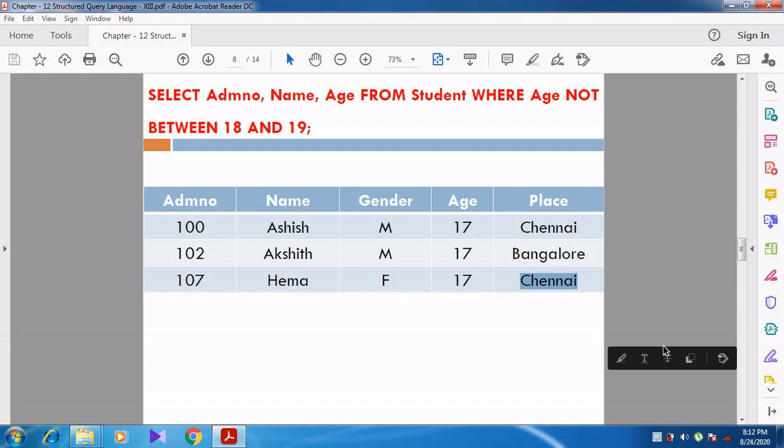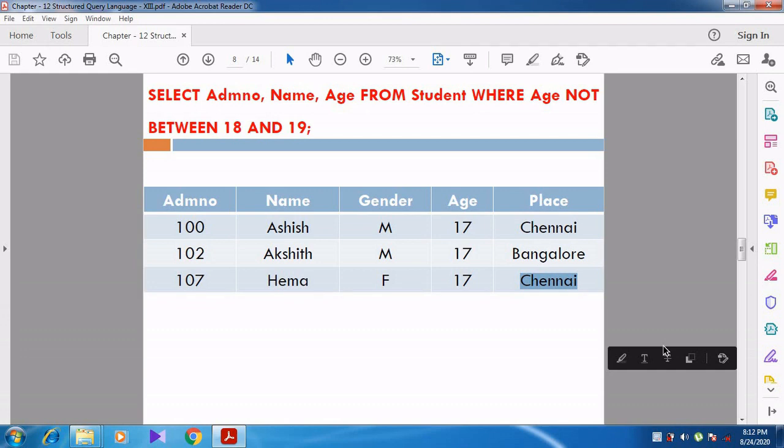Can you understand, students? In the between keyword we specify the range, and the records satisfying the range will be displayed. Not between means just the opposite of between. The records which satisfy the between are not shown in the output.